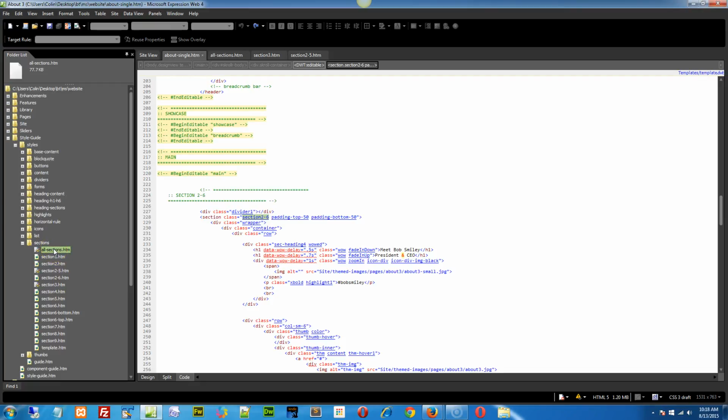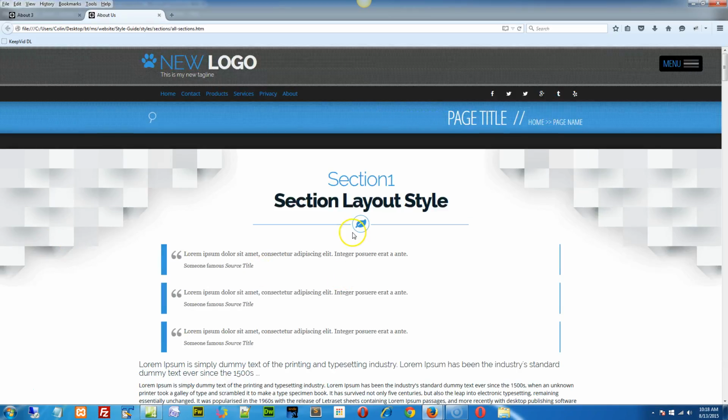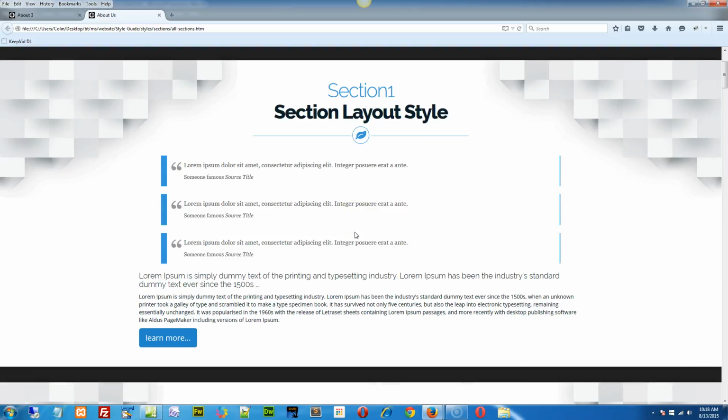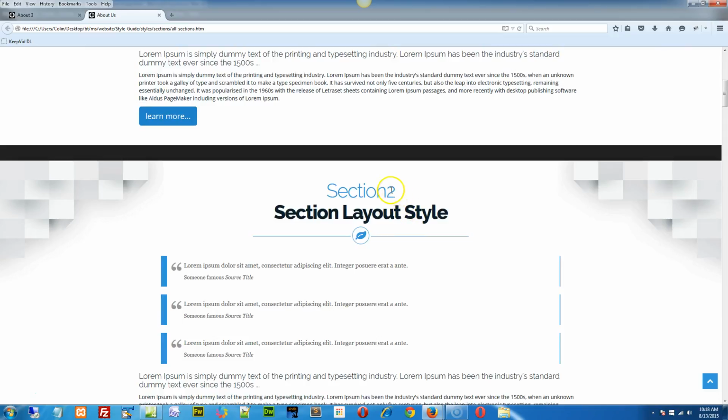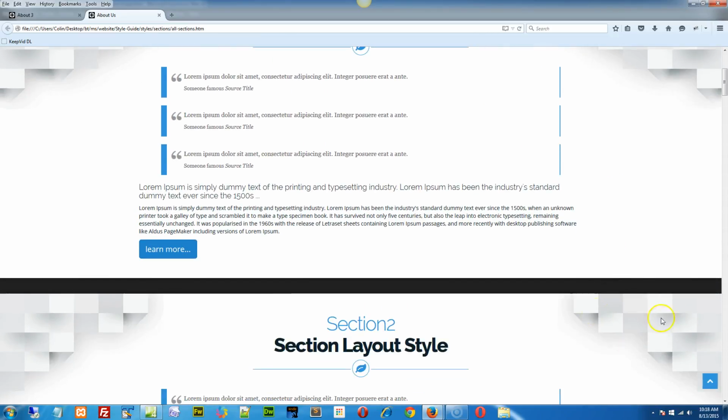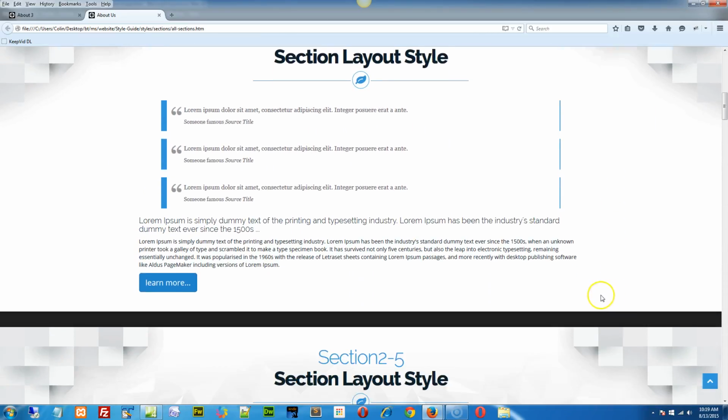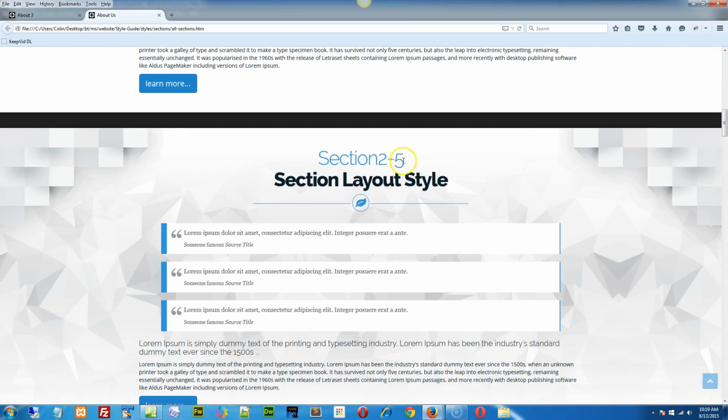We just have to preview that page in our browser, and then we can scroll down and see what the different section options are and the different styles. Section 1 basically has these cool squares, in this example in the top left and right corner. Section 2, if you compare them, has smaller squares. That's the only difference. Section 2.5 is a combination of section 2 and section 5, where we have the